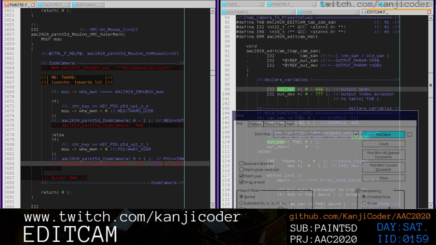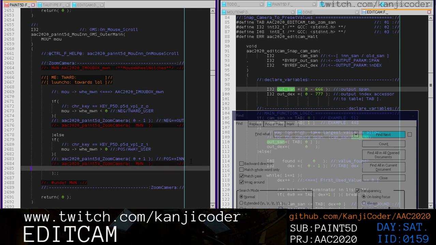So we're going to comment that out, right? And we might want to make a note of why that's wrong as well. So what we're just going to do is 0 plus 1, right? Because positive is zooming in. Then over here we're going to paste this down, and this is going to be a 0 minus 1, right? So negative is zooming out. And